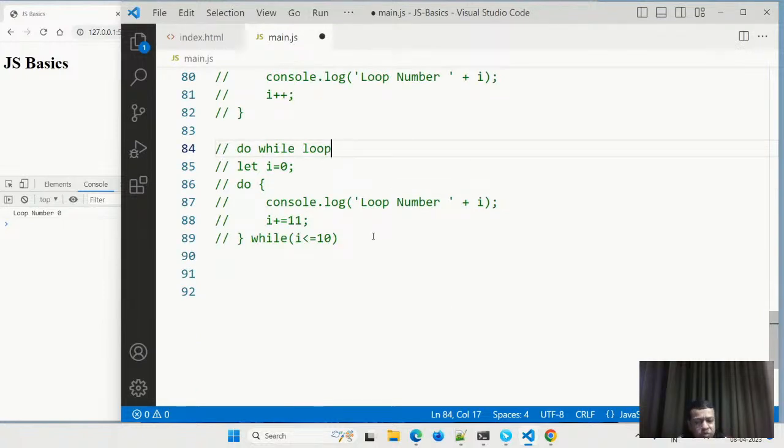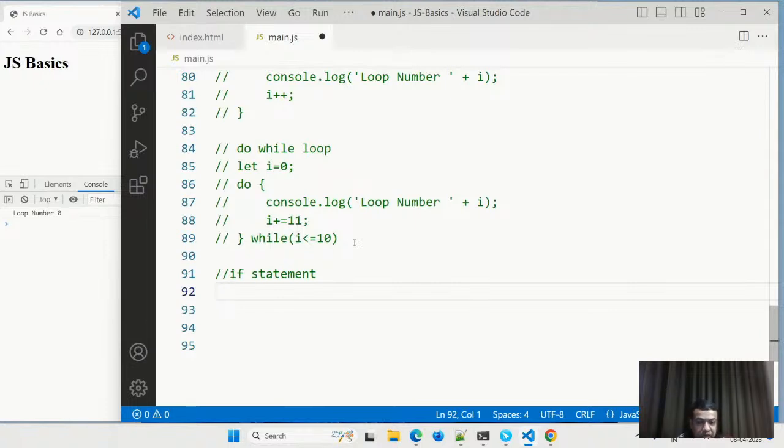A loop generally executes more than one time, so for that we have loops. But suppose we have some statement which we want to execute only once, then we have the if statement. So first we'll see the if statement, but we are also going to see the if else statement and the if else if statement.